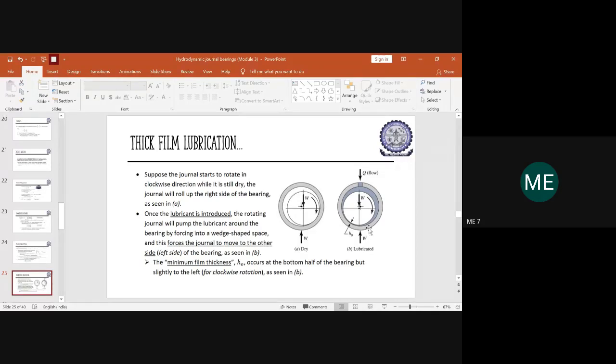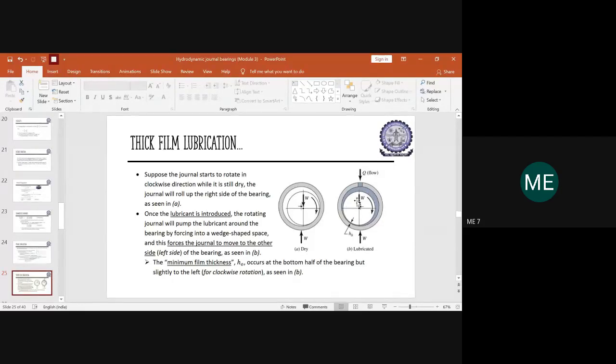At that condition it forms a wedge shaped space. The space formed between the journal and the bearing will be wedge shaped, and hence the journal will move slightly towards your left. This is how the movement of the journal will be